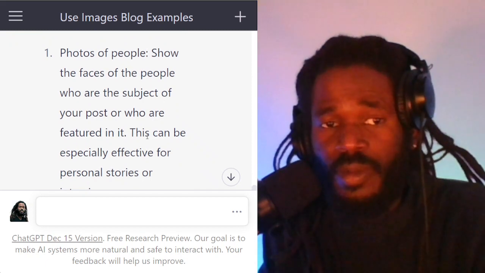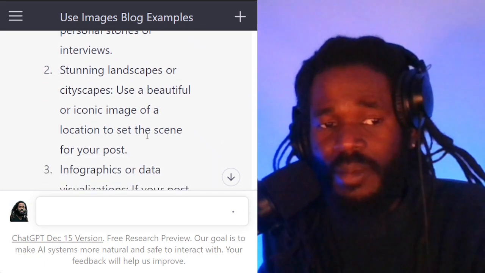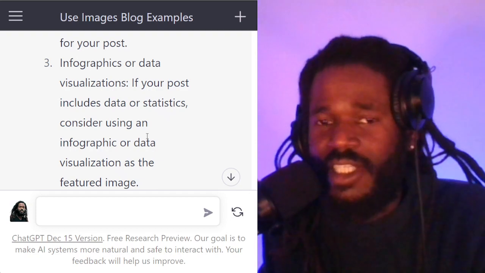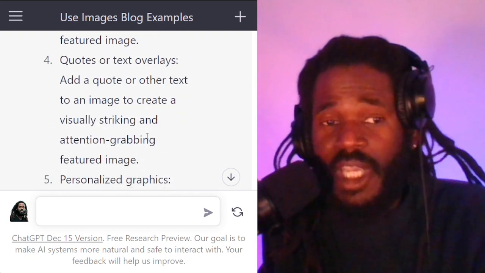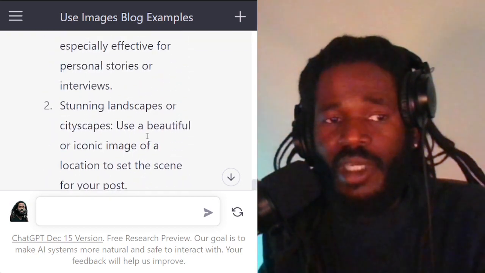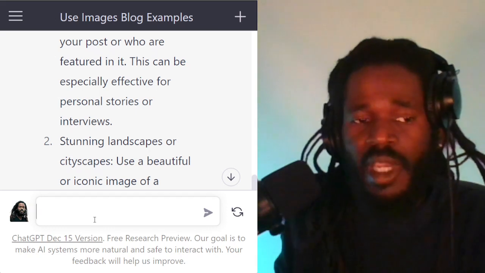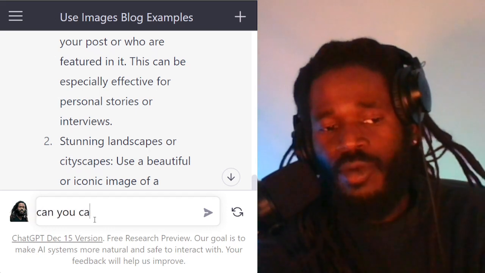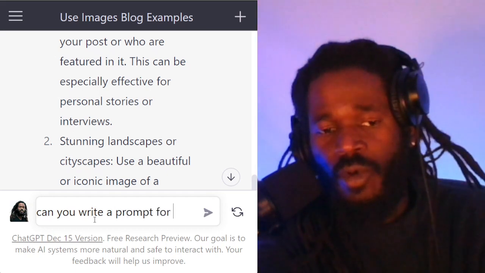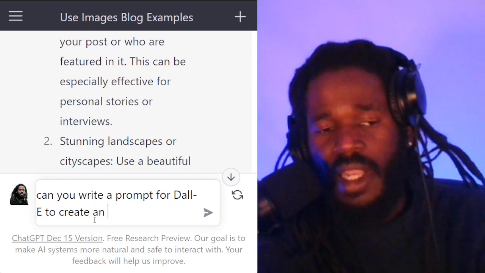Photos of people. Okay. Stunning landscapes or cityscapes. Infographics or data visualizations. Quotes or text overlays. Personalized graphics. Okay, those are some good ones. I'm going to look into the stunning landscapes or cityscapes. That's pretty cool. I'm going to say, can you write a prompt for Dall-E to create an image,